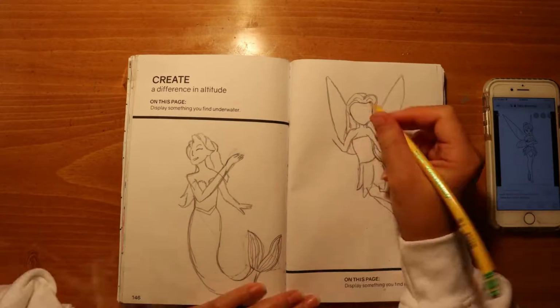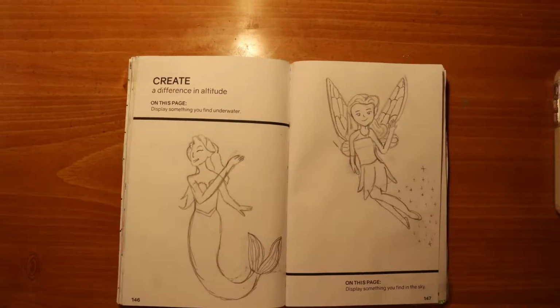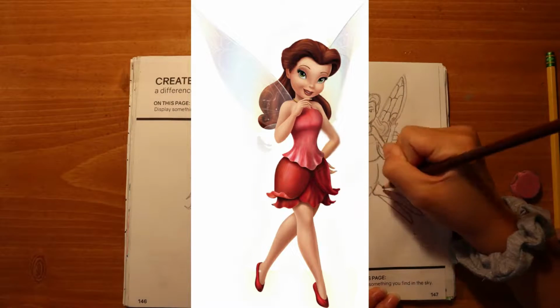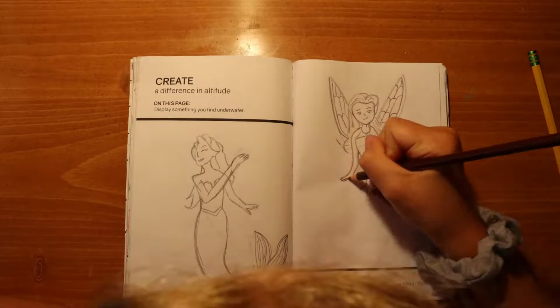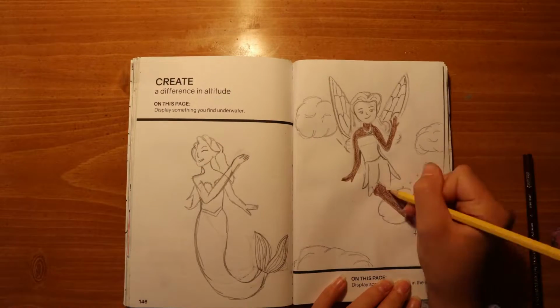a mermaid on the left, and I used a bunch of different pictures and compiled them together to create my own little mermaid character, and then this little fairy, which is lightly based off of Rosetta from the Tinkerbell movies. Well, mostly the hair is the resemblance. The rest of it is kind of different because I changed up the outfit and the skin tone and the